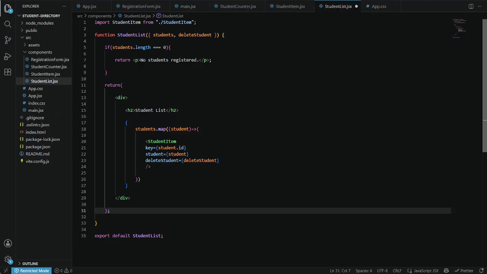student list, a student item from student item. So meaning this line imports the student item component. And then the function student list receives two props, student and delete student. Student is an array containing all registered students, and delete student is a function used to delete a